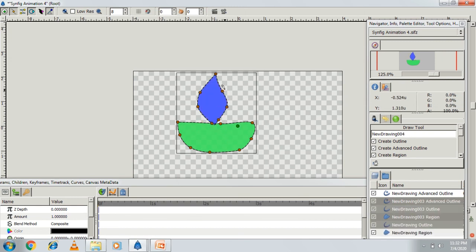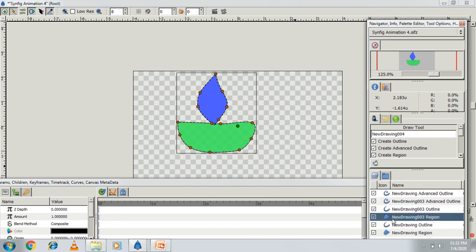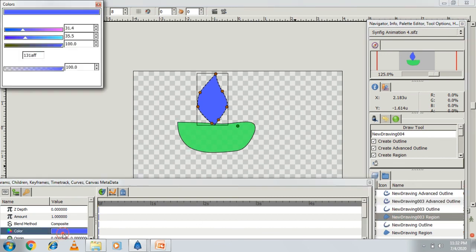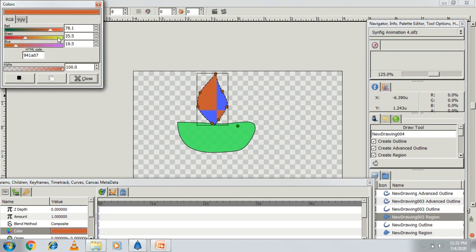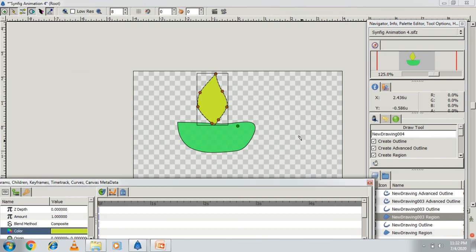And if I want to change the color, I select only that region, student. See, when you draw a new shape using the draw tool, multiple layers are created here, but inside that you have to choose only the region, so you can change the color. So I change this color. Okay, student. So this is your draw tool. How to use it? Understood?